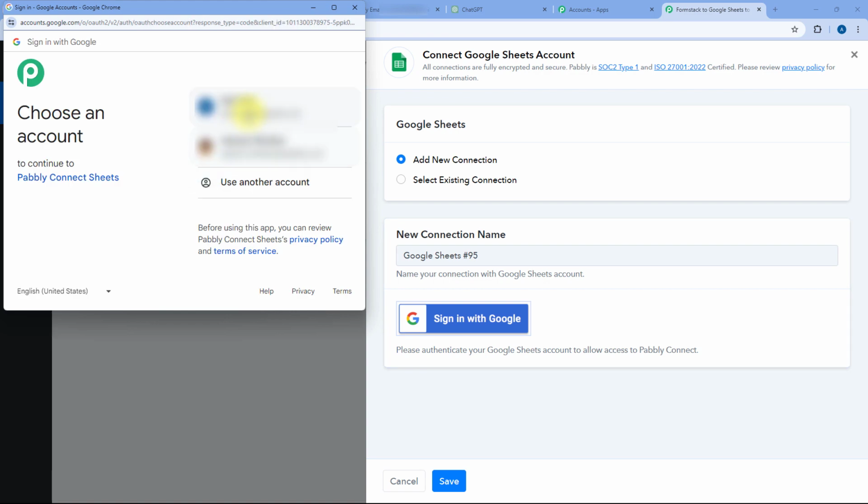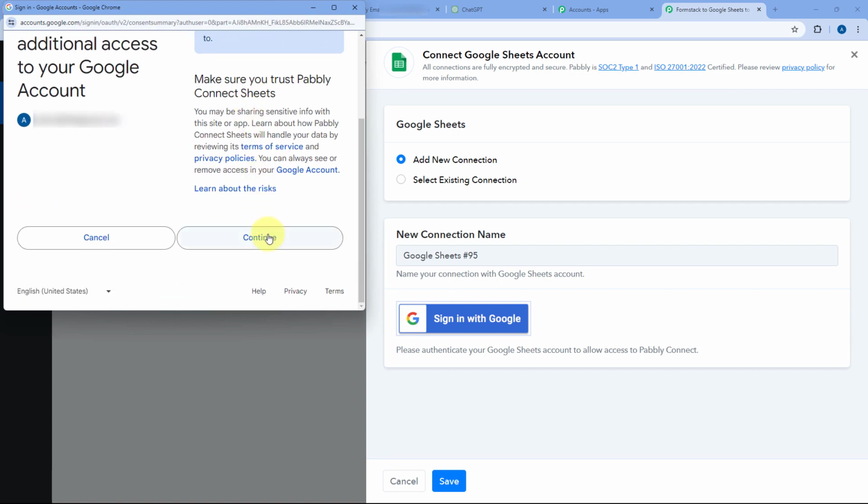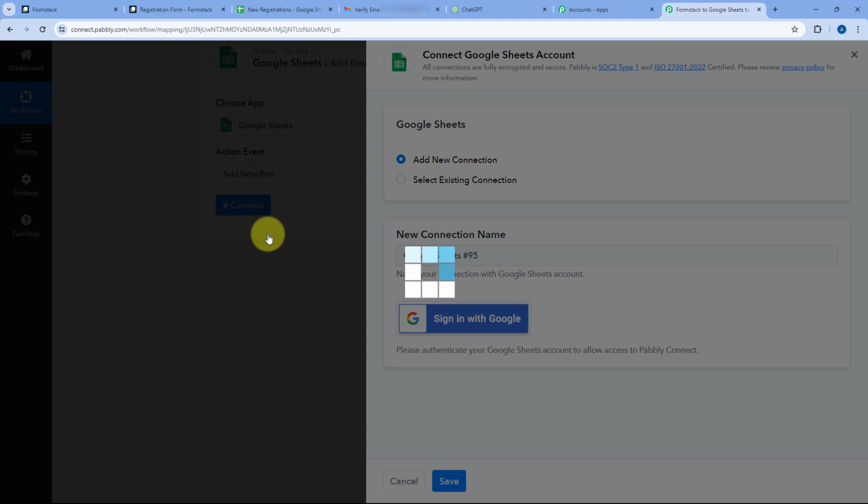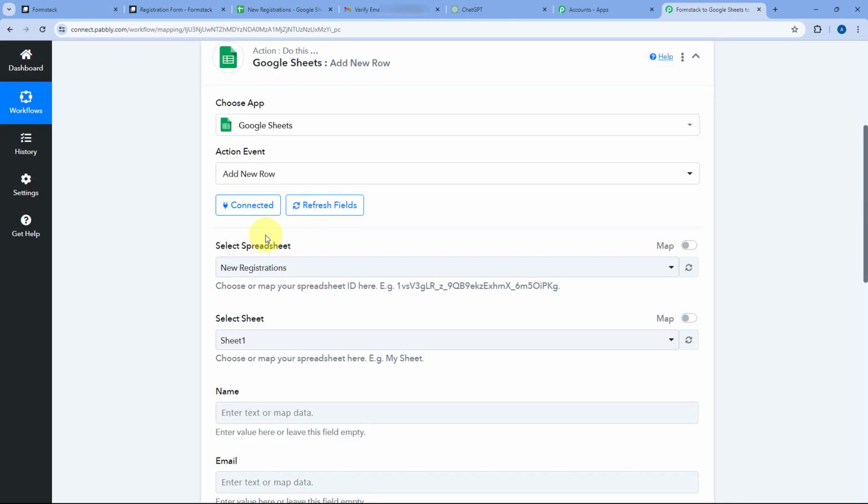After that, here from this pop-up window, select your Google Sheets account. Then after that, just scroll down and click on continue. And as you click on continue, we will see our Google Sheets account will get connected with Pabbly Connect. After making this connection, the first thing it is going to ask us is to select the spreadsheet, as you